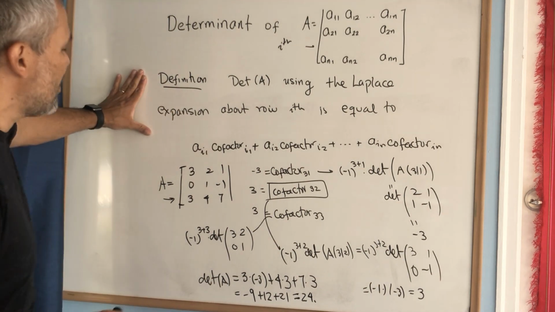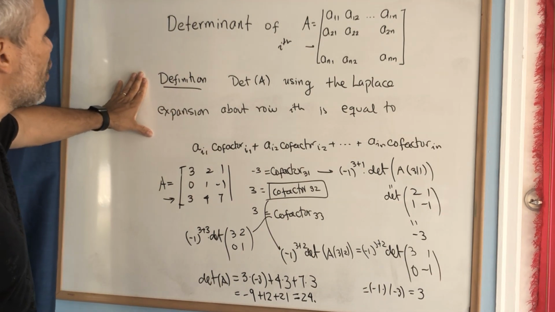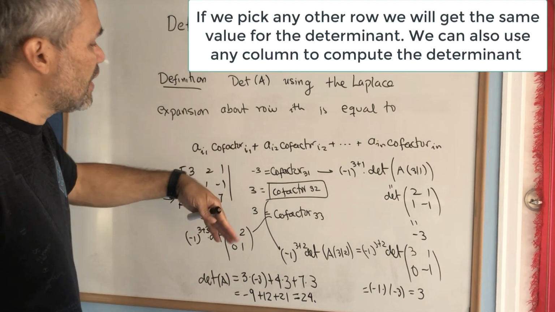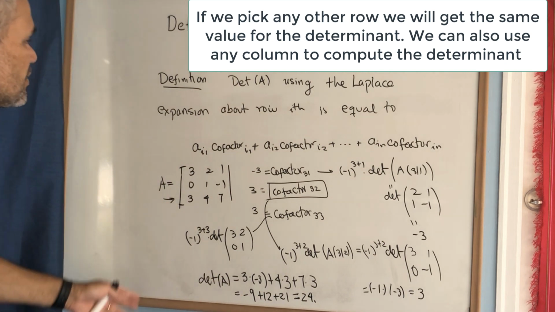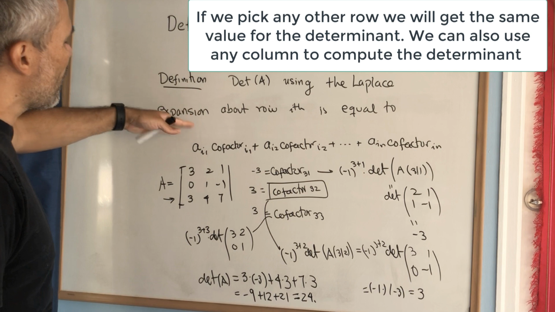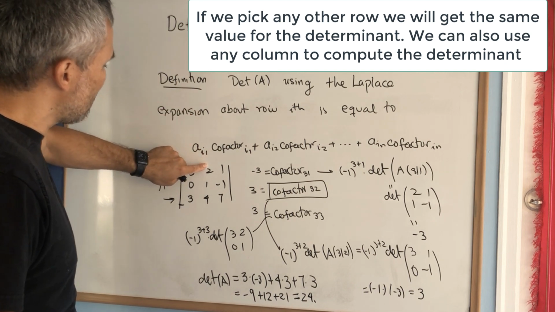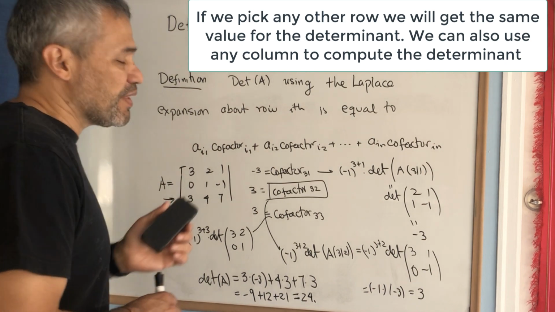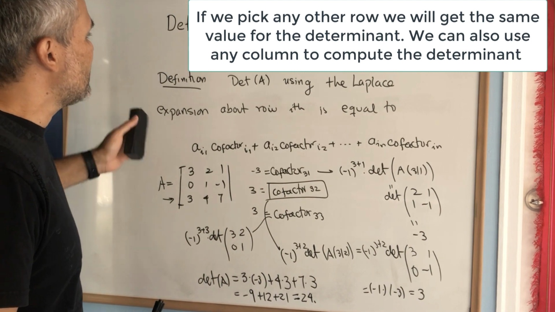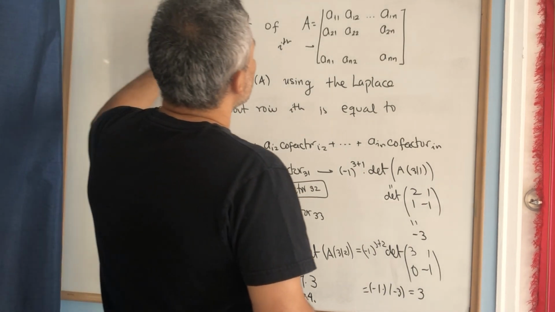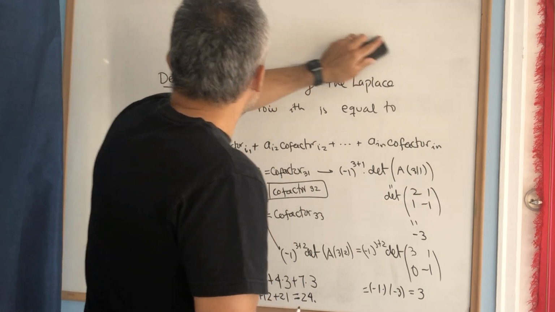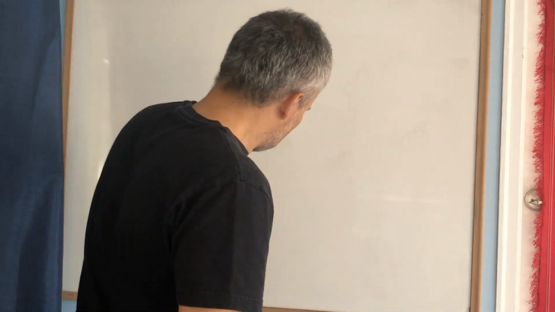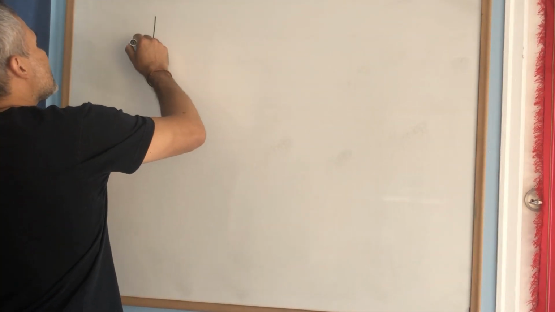After this definition, it's good to know that it doesn't matter what row you pick to do this operation, the answer is going to be the same, and you can actually pick a column if you want as well. You start with the first element of the column, then the second, and so on. Let's see what would be the difficulty of computing a determinant. Let's try to compute the determinant of a 4 by 4 matrix. Let's take the matrix A equal to